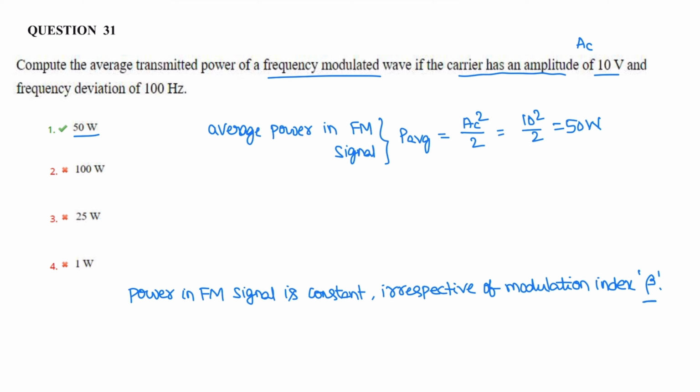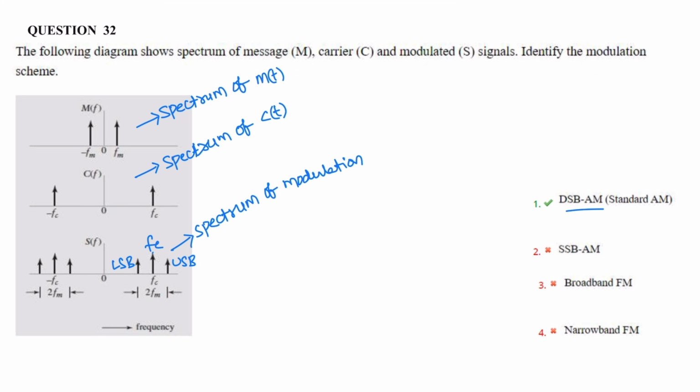In an FM signal, the power is constant irrespective of modulation index, because in an FM signal the variations are in terms of frequency but not in terms of amplitude. Next question, question 32. The given spectrum is the